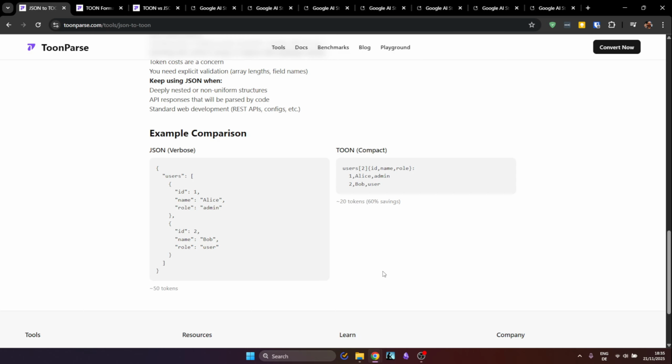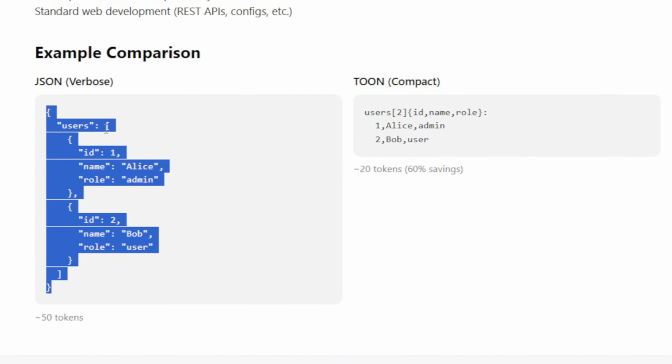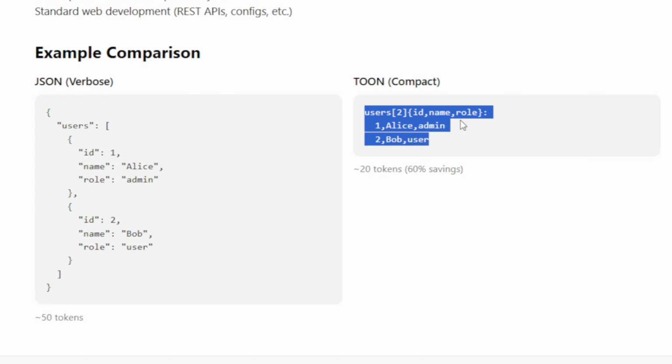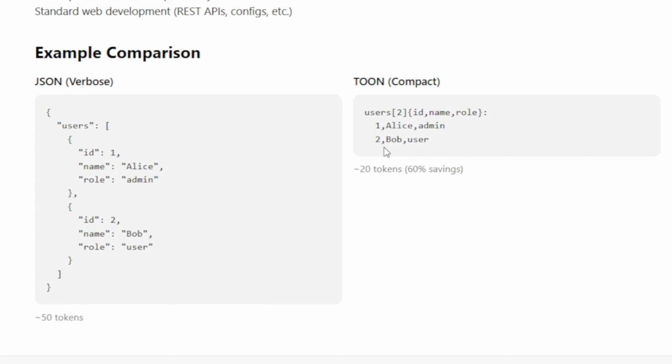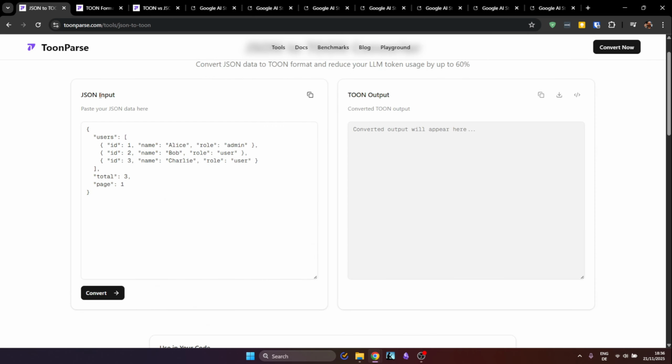And one more thing before we get completely started is Tune that I want to show you. This is a shorter version of code like JSON, and you can see here on the left side JSON, which is pretty complex to type and long. You can see it takes 50 tokens, and here is a very simplified version of the same content, only taking 20 tokens in here. Now this is a website, it's called Tune Parser, so you can put your JSON up here and it's going to be converted into Tune output